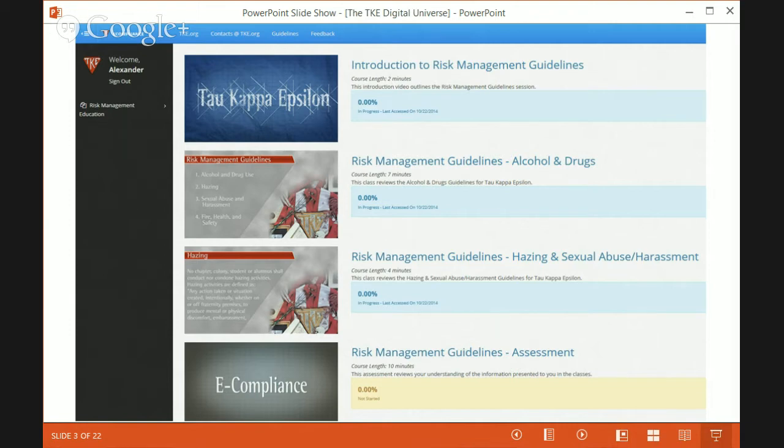We also have one of our key result areas, and you'll notice this on the KRA scorecard, to have all new candidates and initiates complete the e-compliance training as well. We could definitely use your help to continue to reach out to collegiate members, new candidates and new initiates to get them to log in, spend 20 minutes, watch the 3 videos, and take the 1 assessment. That would be a huge help for us going forward.